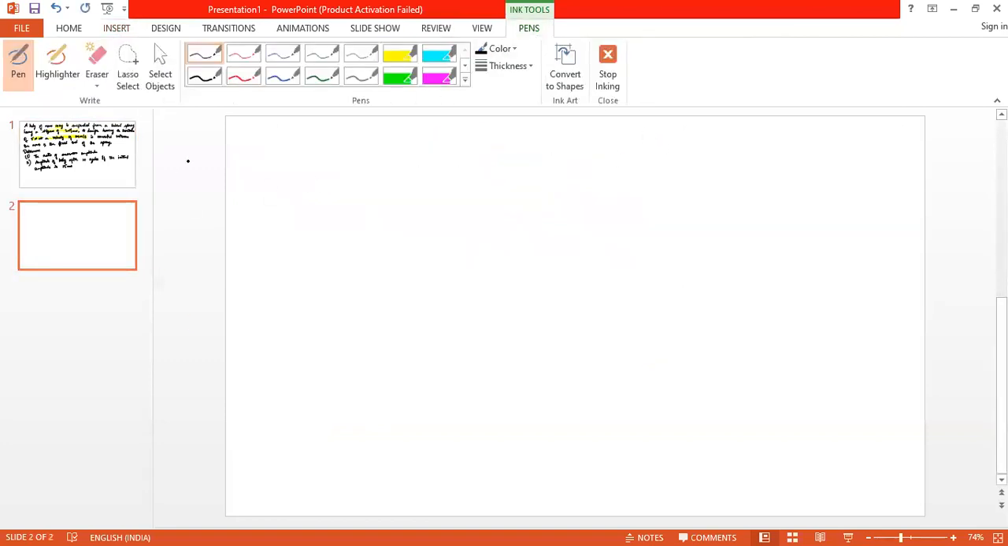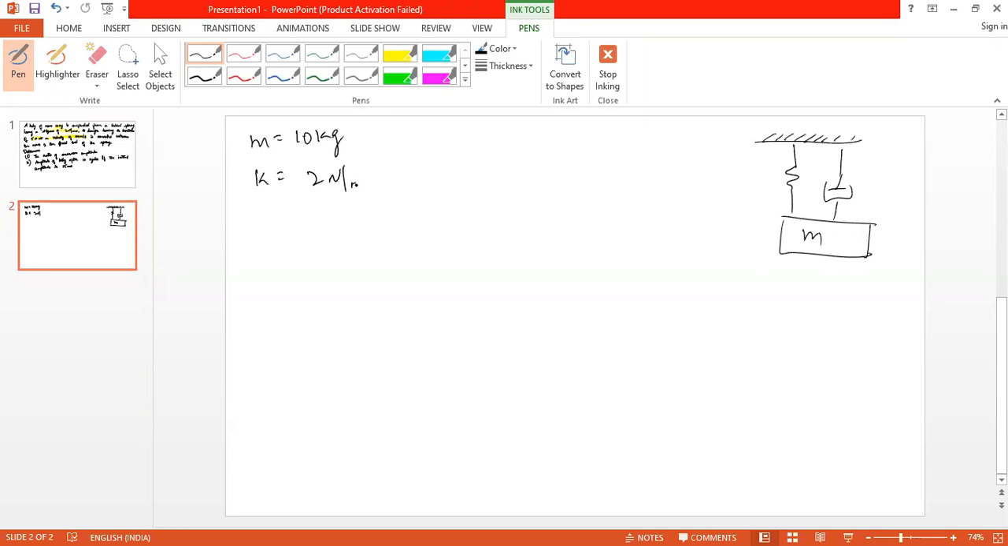So here we can assume that there is a spring and a damper, which is connected to the mass m, where m is 10 kg and k is 2 Newton per mm. If it is 2 Newton per mm, then it is 2000 Newton per 1000 mm, that is 1 meter. Okay, and C